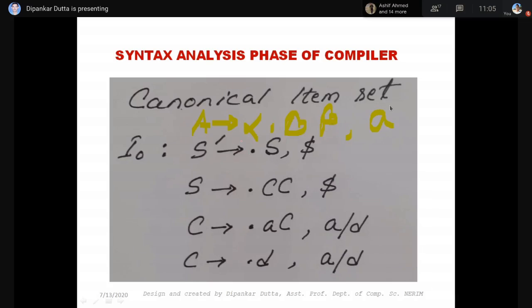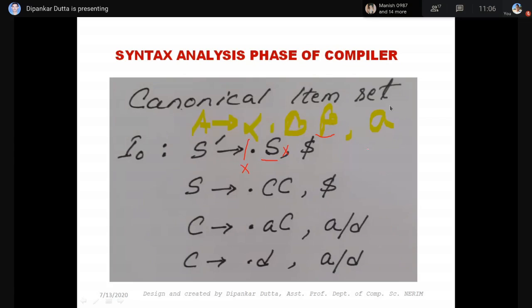Yes. Alpha can be compared with what? This null, nothing is there. Capital B can be compared with what? S, this is the B now, dot B and dot S. What is beta? Nothing. Beta is null because here capital B is followed by some string, that is beta. But here capital S is not followed by what? That is followed by nothing. That is why beta will be null.